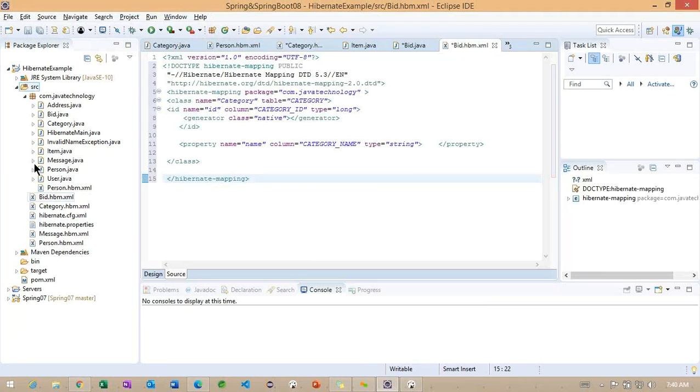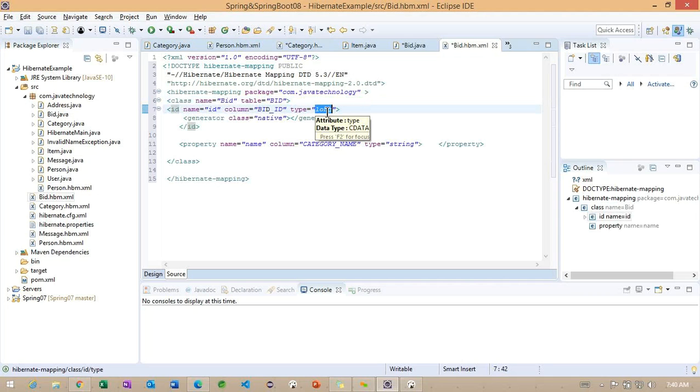And the class also comes under the same package. And we'll change to bid. ID, it is of type long that we specified.